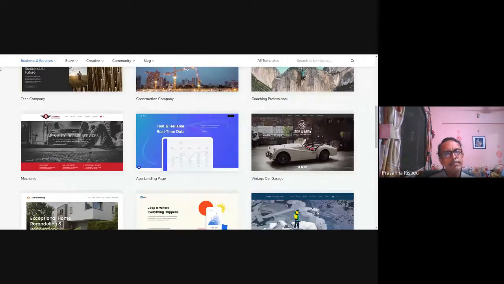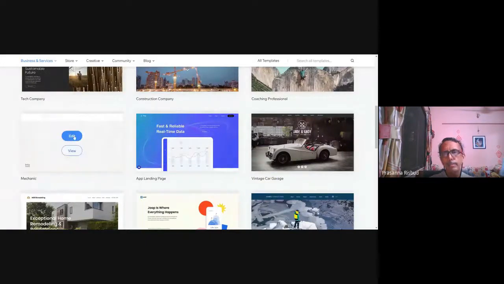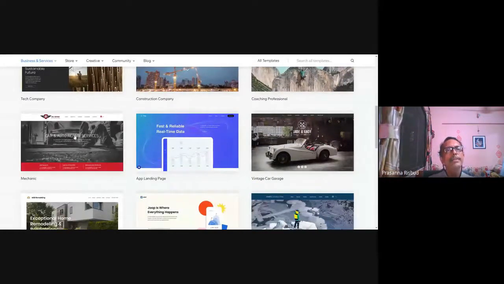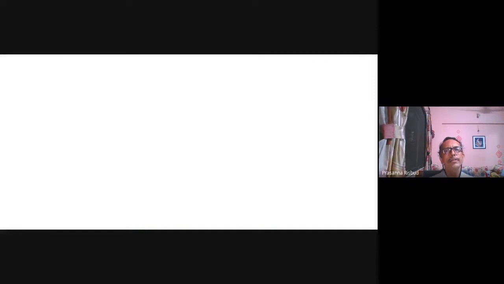Once it is ready, then go on and click on the edit button and simply replace that content with your own content. Now the edit button will open this website template in a new tab and you will get a website editor. It will take time to load up since the editor is a heavy file. Till that time, as I told you, you can first make sure what designs you want to use, your logo, your photos, videos, your content, whatever you want to put on your website, keep all the content ready.